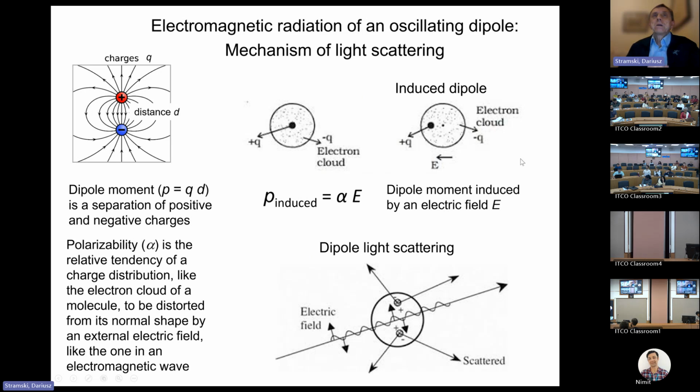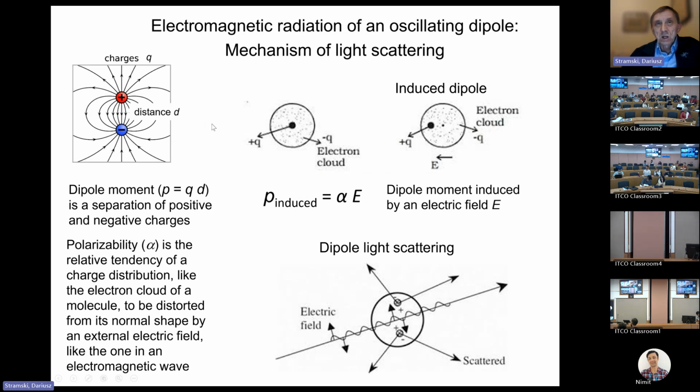This slide is an attempt to explain how scattering occurs at the atomic level, and I will here use a concept of an atom consisting of just two electric charges, a negative charge and a positive charge, so a very simple model. And I will also use a concept that there is an incident beam of light on these two charges,